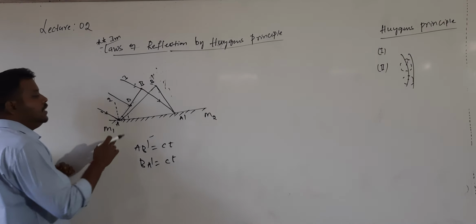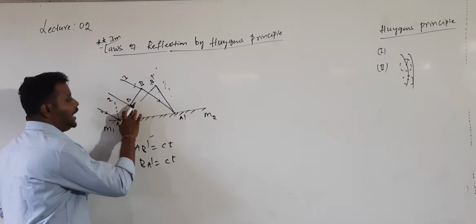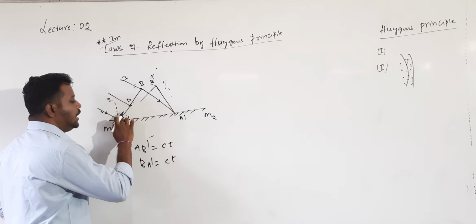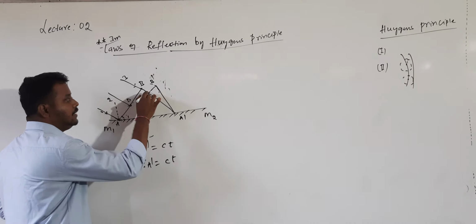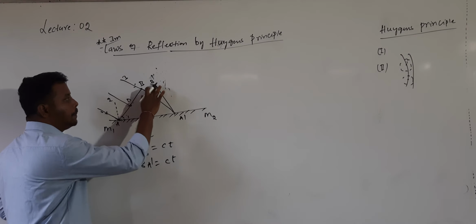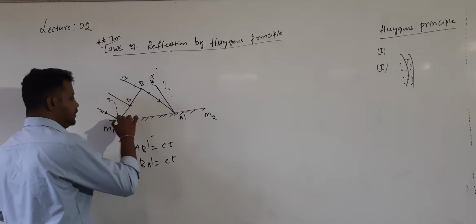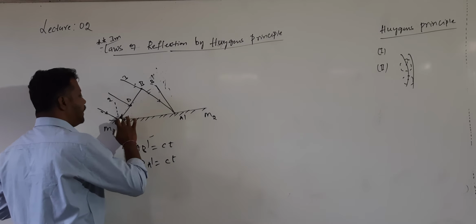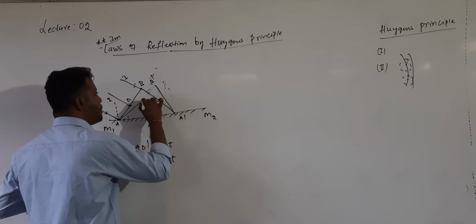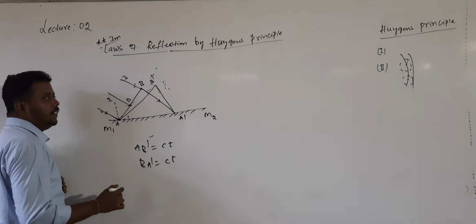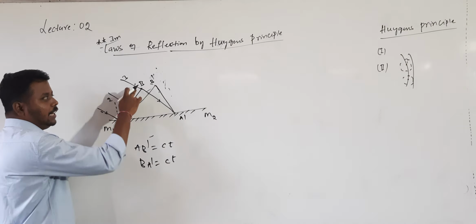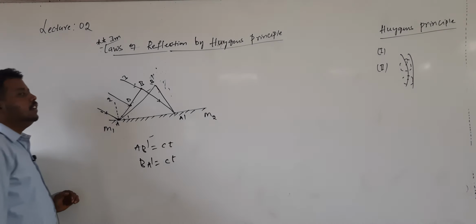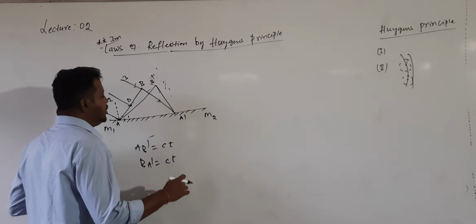First what I did: the light is emitted from A. I have taken the light emitting from A, then emitting from B. By taking A as a center, I draw this. Understood?